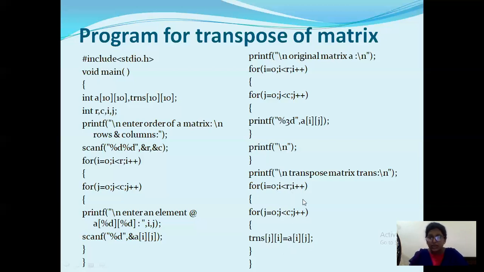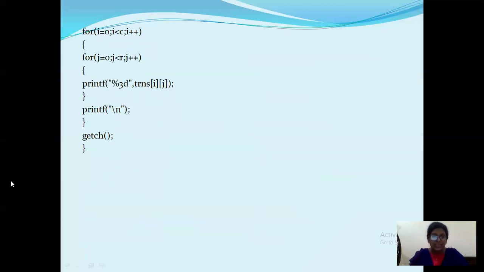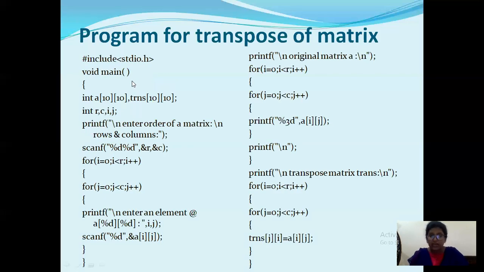Then the values will get interchanged, and you need to now print the resultant matrix. That is nothing but the resultant matrix of your original matrix. That is nothing but you need to interchange rows to columns and columns to rows. Now your values are there in what? Trans of not ij. Now your values are there in trans of ji.